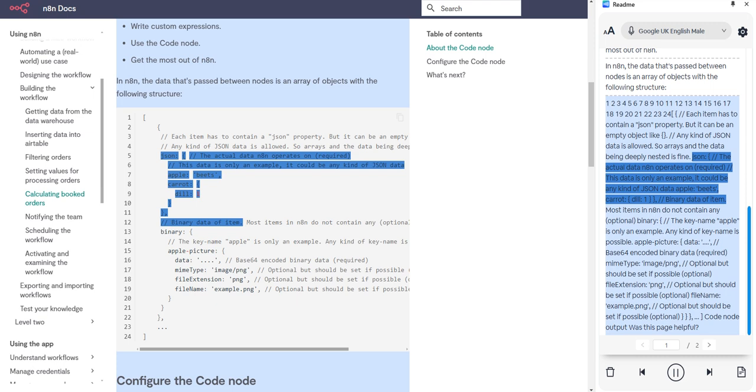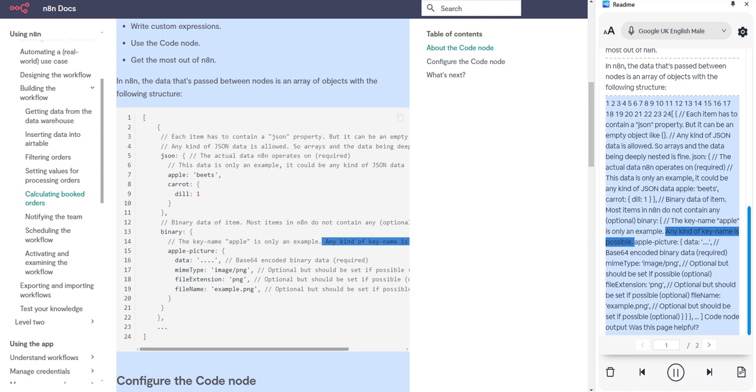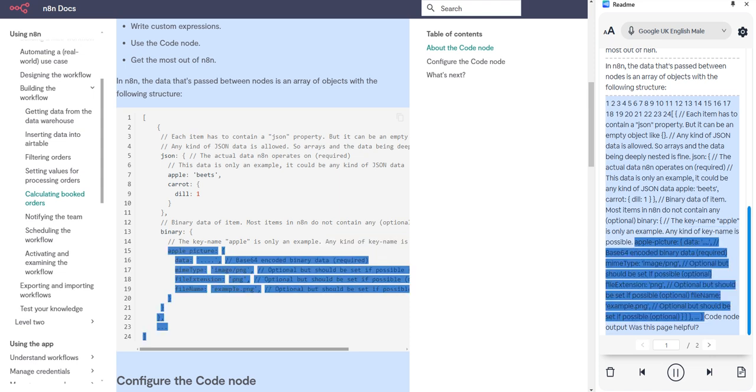It could be any kind of JSON data: apple, beets, carrot, dill. Binary data of the item is optional; most items in n8n do not contain any binary. The key name, apple, is only an example. Any kind of key name is possible. Apple picture, data, base64 encoded binary data, required. MIME type, image/png, optional but should be set if possible. File extension, png, optional but